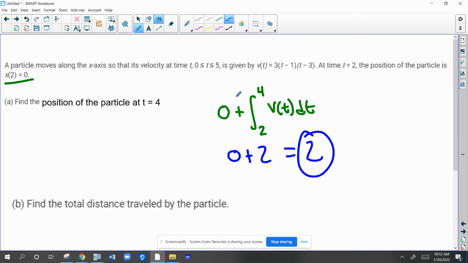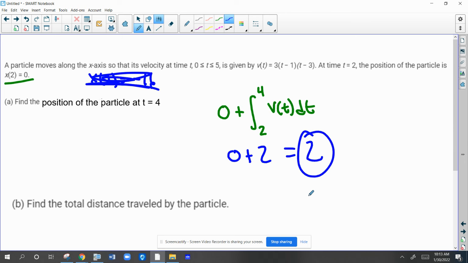Now, just keep in mind here, it's very important to realize where we started. So if this question said at x of 2, we were at position negative 16, well, then our position would have been negative 16 plus 2, which is negative 14. So the total distance traveled, where we started has no bearing on total distance. We just figure out how far we traveled,